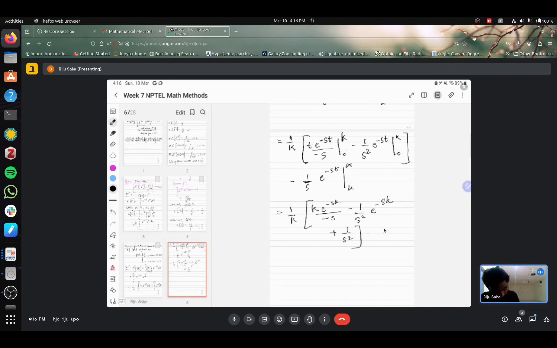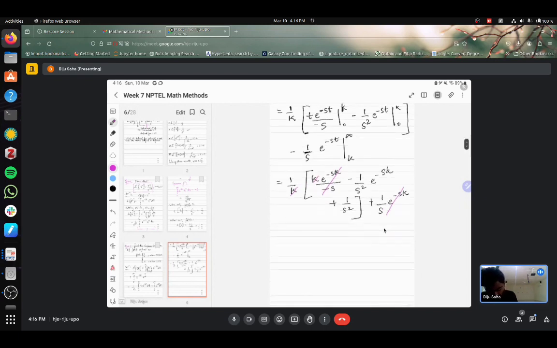In the remaining part, it became plus because at infinity it is equal to 0, so only the lower limit remains. So this is what we get. From here you see this k and this k will cancel. So ultimately what we have is this k comes here,